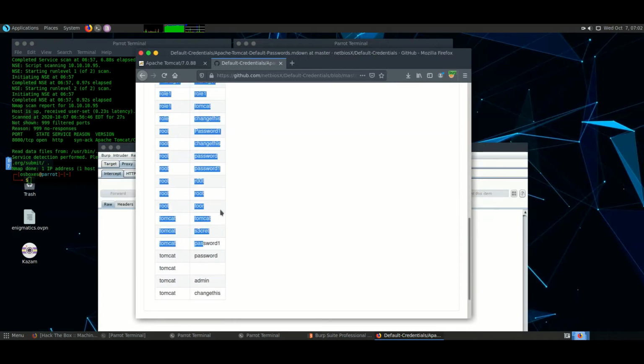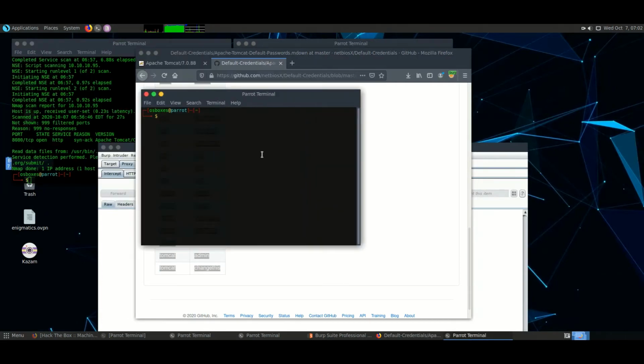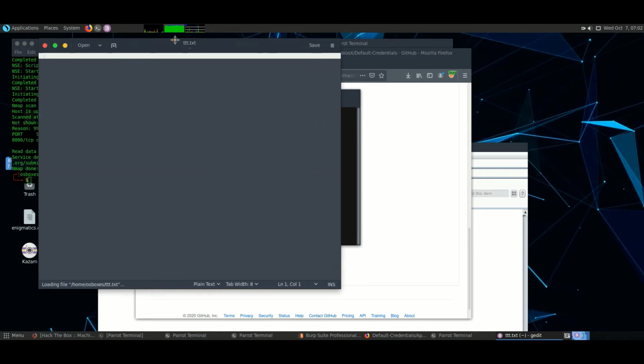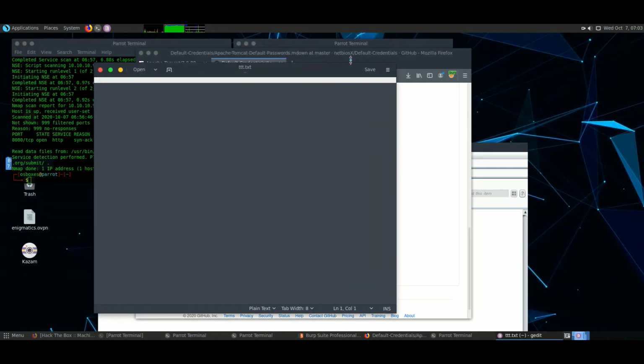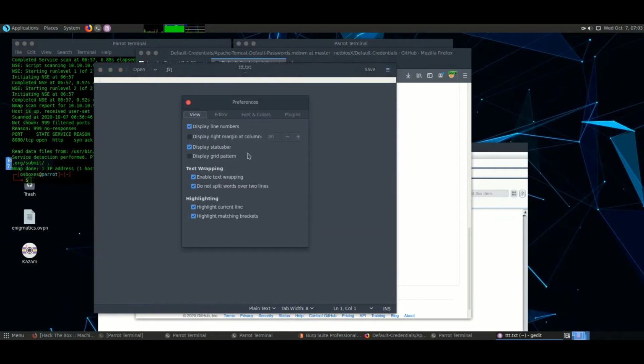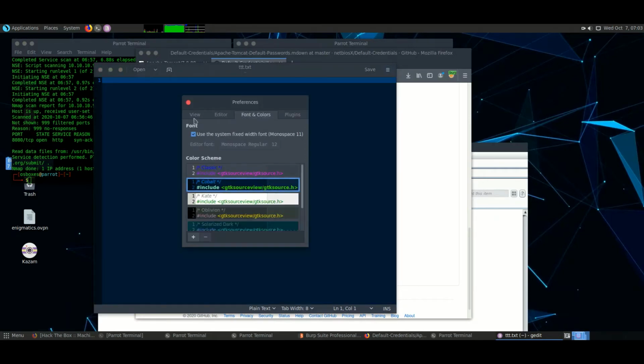Copying all the usernames and passwords so that we can get them into the format that we saw in the decoder. It's a bad thing. Let's change it first. Done.